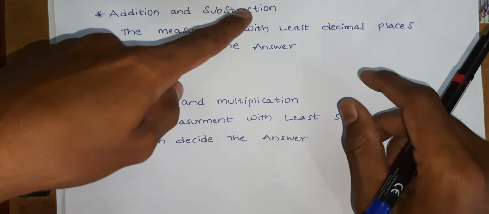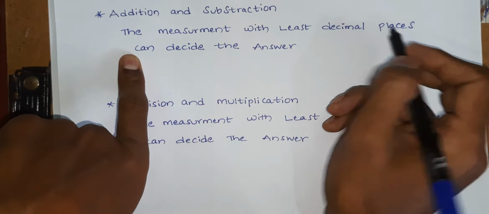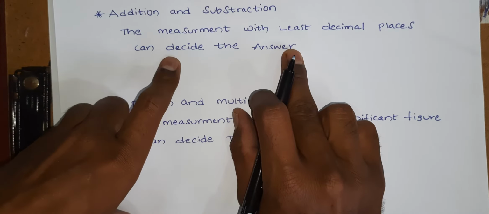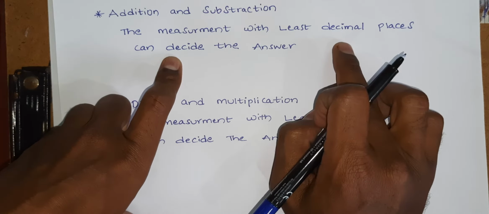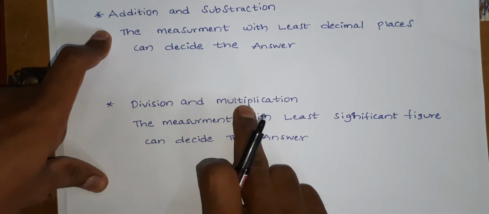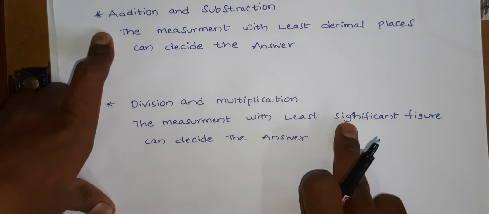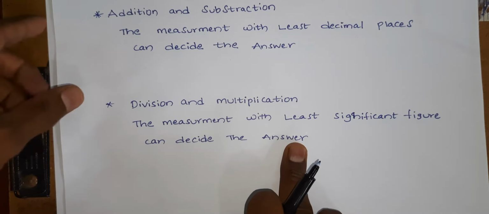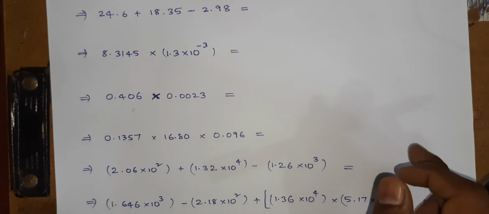For addition and subtraction, the measurement with the least decimal places decides the answer. Okay, in division and multiplication, the measurement with the least significant figures, not decimal places, decides the answer. Okay, so now going to the topic